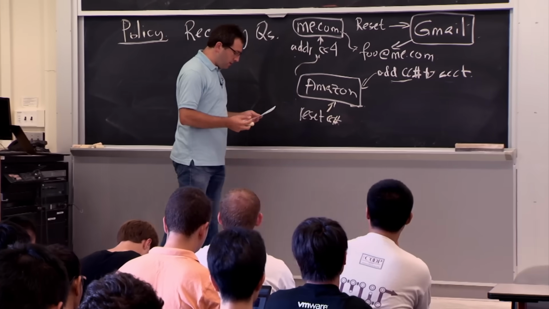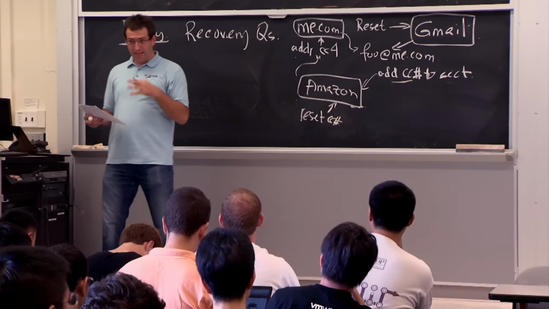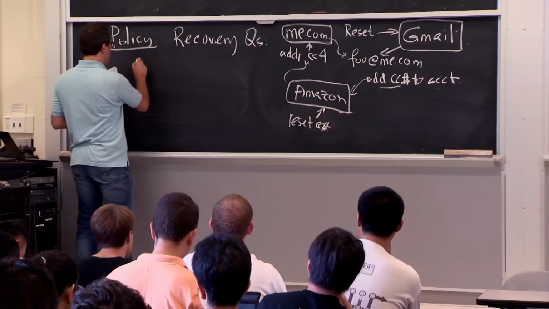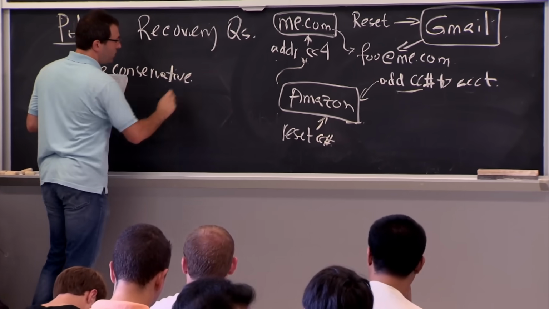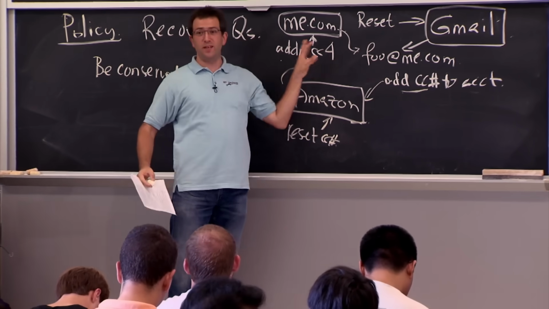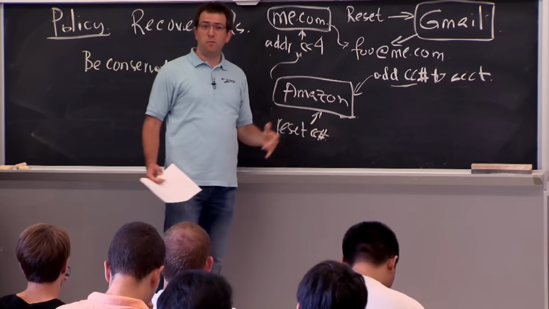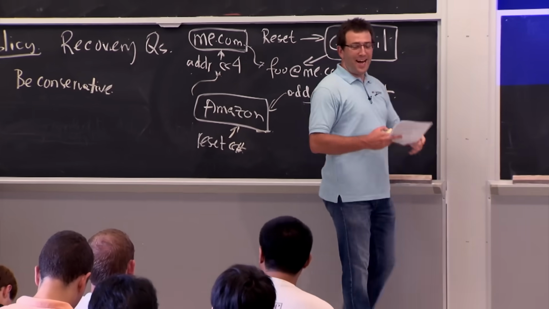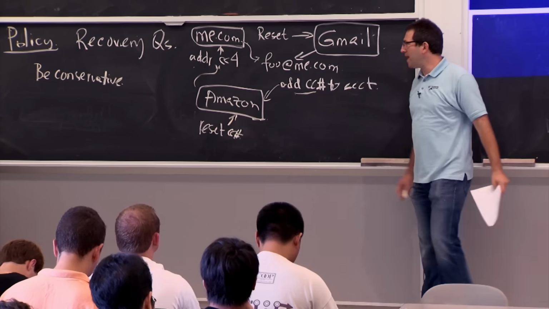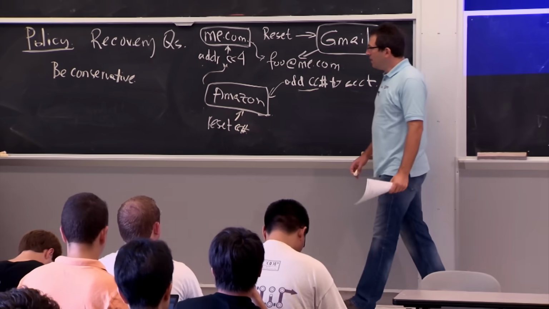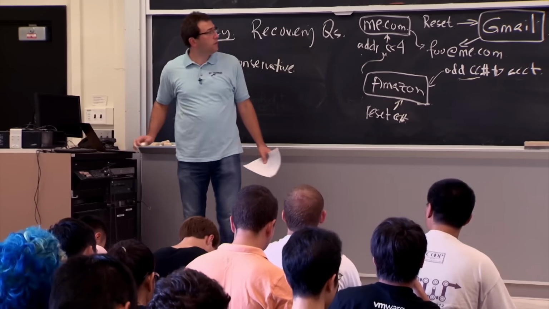And unfortunately, much like for every one of these 3 categories, the answer for how to avoid this is often think hard and be careful. I guess the one general plan is be conservative in terms of what you set your policy to be, to maybe not depend on things other sites might reveal. So, I'm not sure if any really great advice would have prevented this problem, but now you know, and now you'll make other mistakes. There are many other examples of policies going wrong and allowing a system to be compromised. That's interesting enough, but let's look at how people might screw up threat models. So let me maybe turn off this blue square.